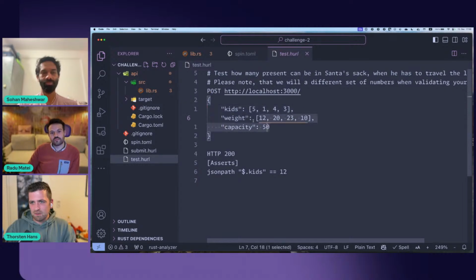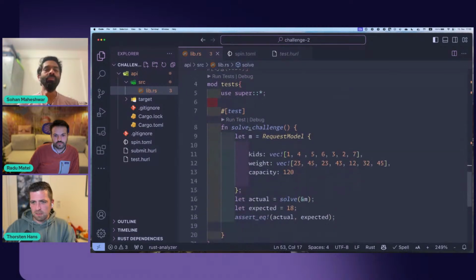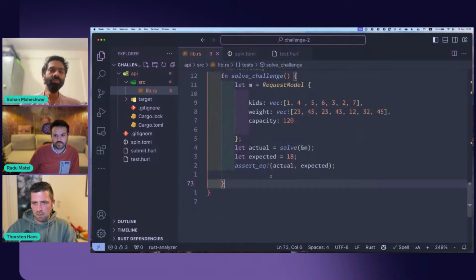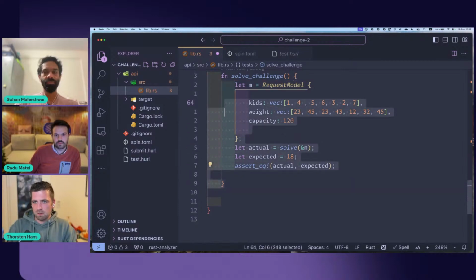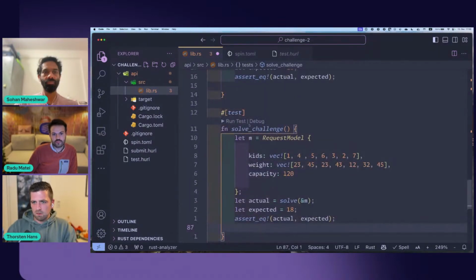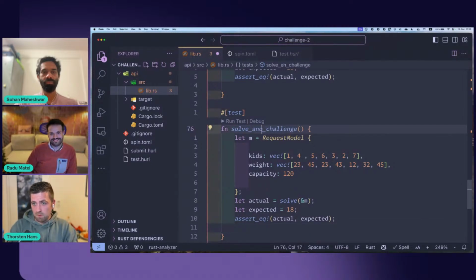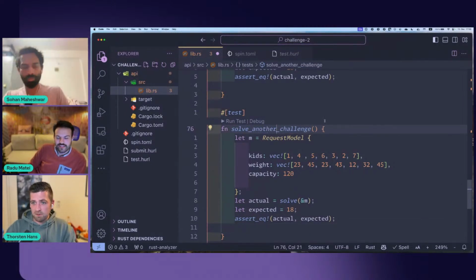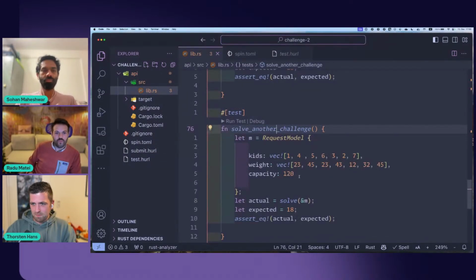So the small solution I came up with uses different data. So we can come up with a second test and quickly, basically we can just copy the test, solve, and now naming things is hard. Solve another challenge, and let's grab this one.